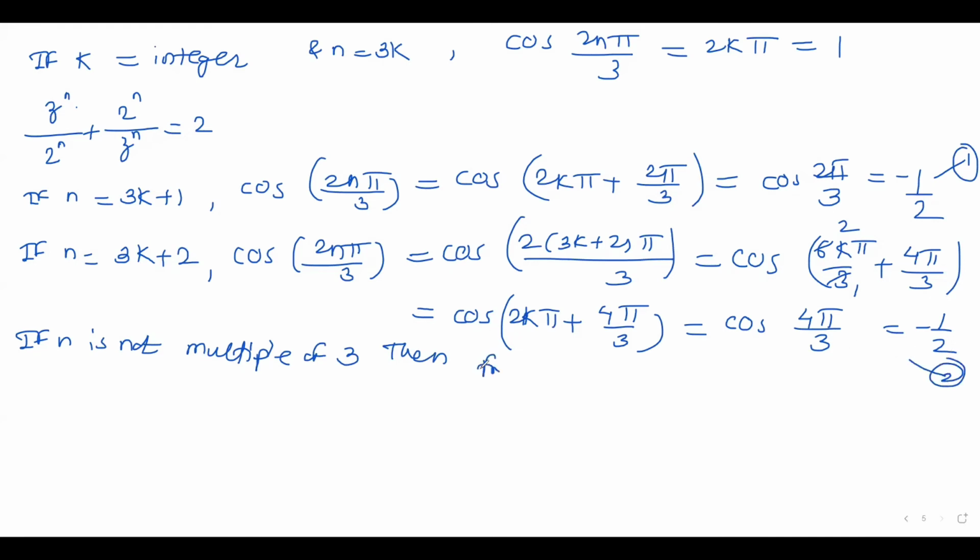From 1 and 2, what will happen? z raised to n by 2 raised to n plus 2 raised to n by z raised to n is equal to 2 into -1/2, but that will be nothing but -1, and therefore